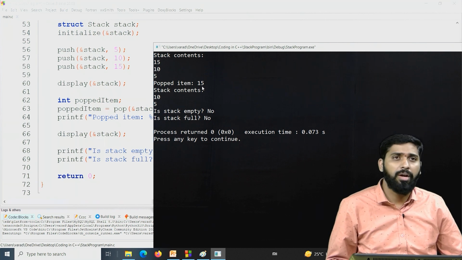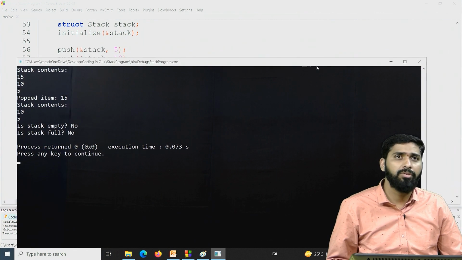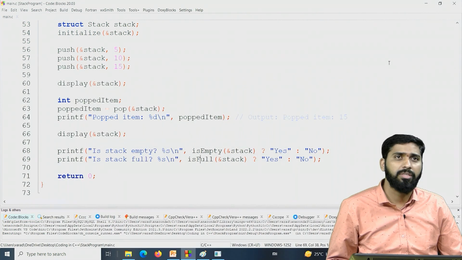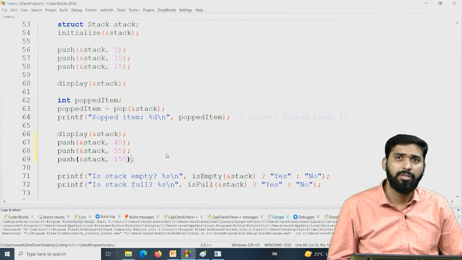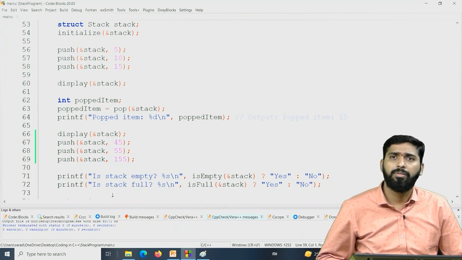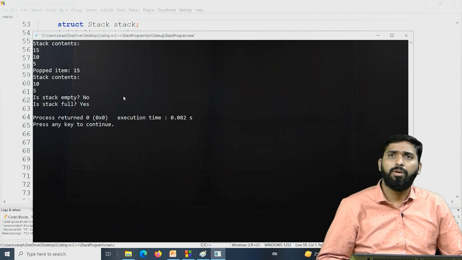Now, I try to delete an item. So, 15 is deleted. The remaining numbers are 10, 5. Is stack empty? No. Is stack full? No. Now, we try to execute all the test cases. Here, I insert 3 more elements, compile, no errors, run the program. Now, if you observe,